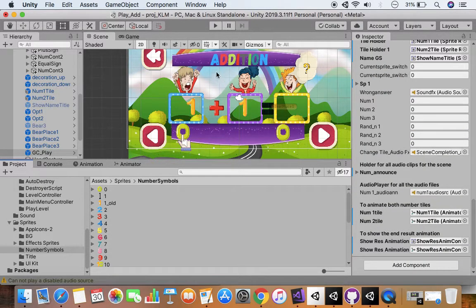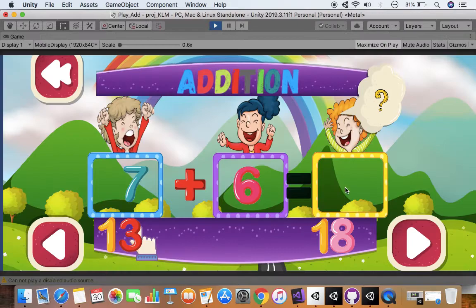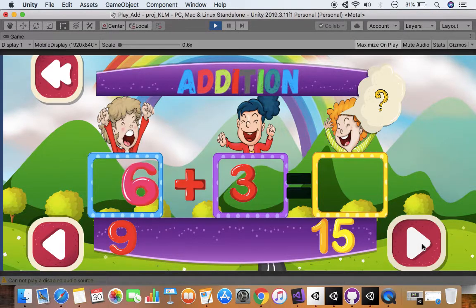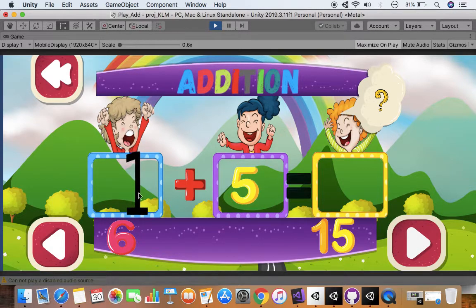As you can see, I have done it. I have done nothing else. Nothing else is required to be changed. Let's go to a scene where 1 is being displayed. As you can see, now there is a new slide. When I have changed the sprite and renamed it the same way as before, I can see the new sprite coming in place of the old sprite. So now you have successfully changed it.